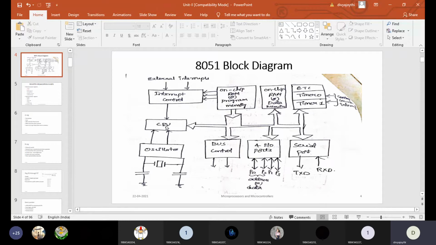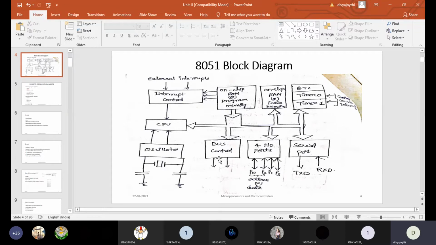And next is the CPU. As you all know, CPU stands for Central Processing Unit. What is its functioning? In any computer or in any automatic controlling system, the CPU will be the heart of that particular system. Whatever operation we want to do with any kind of system, that operation is processed and executed by the CPU. So simply we can state that the CPU will process the data that we give to the computer.